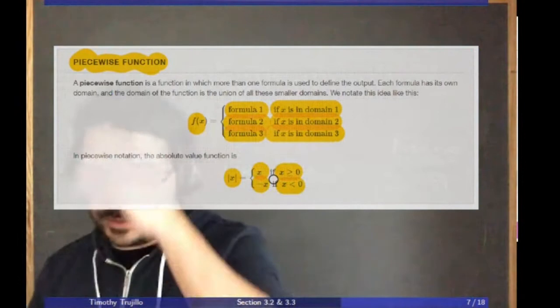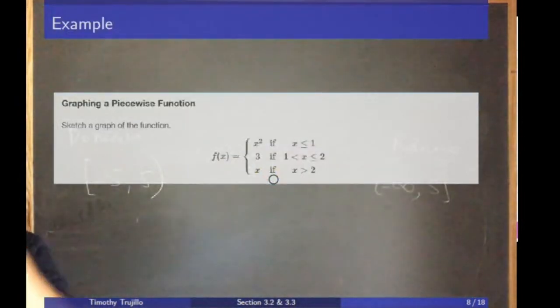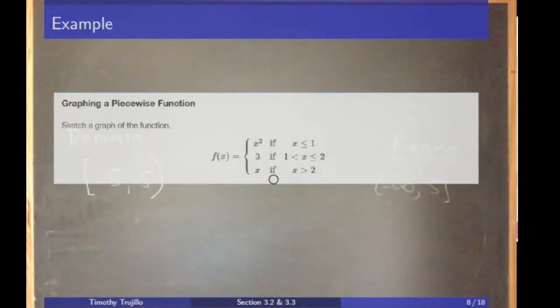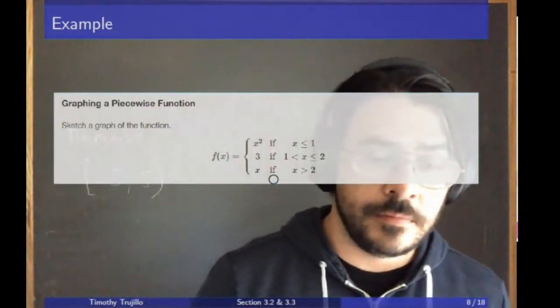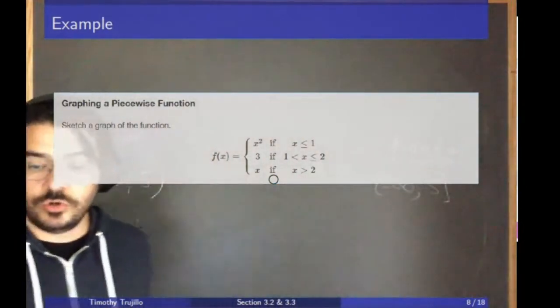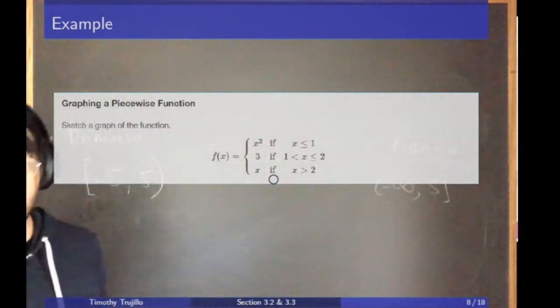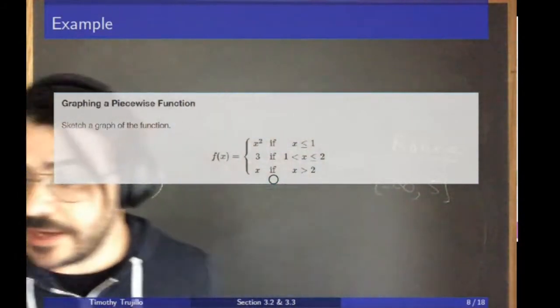And things can get more complicated. So let's look at another example, the type of thing you'll see in ALEKS. ALEKS will give you a function that's defined piecewise like this, and they'll ask you to compute the range and the domain. And what you need to do is graph it, okay? So with lots of these, it's going to be best if you just actually graph it. And there's not a graphing calculator you can type this into, so you'll have to actually just graph it by